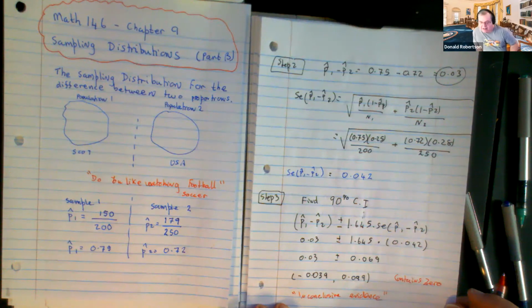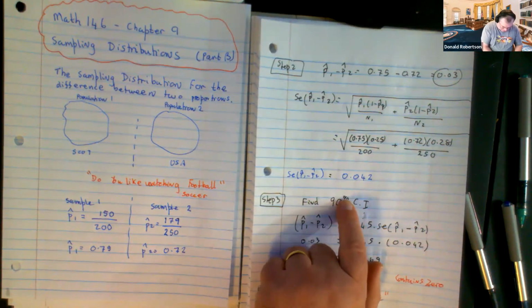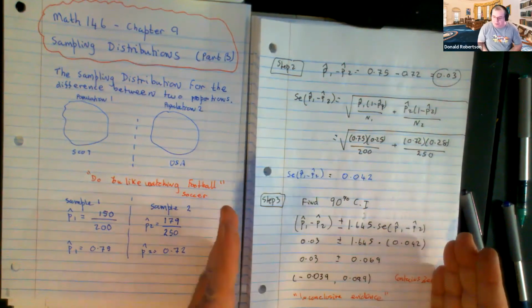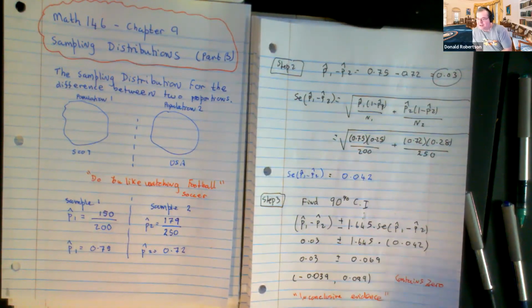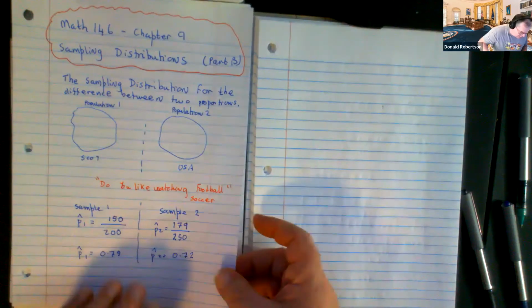If I tried a 95 or a 99, all that would happen is that the interval would get bigger and then bigger, and it would be even more inconclusive, right? We wouldn't get any benefit out of making an adjustment to the confidence interval. Okay. So far, so good? Any questions about that one? Okay,